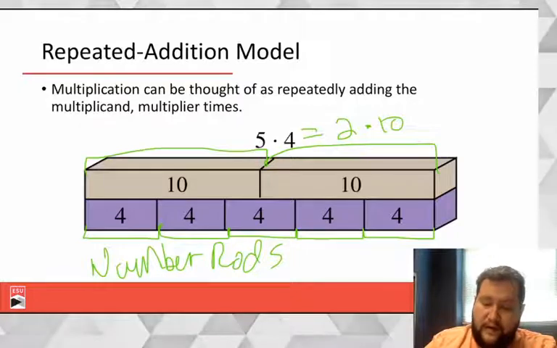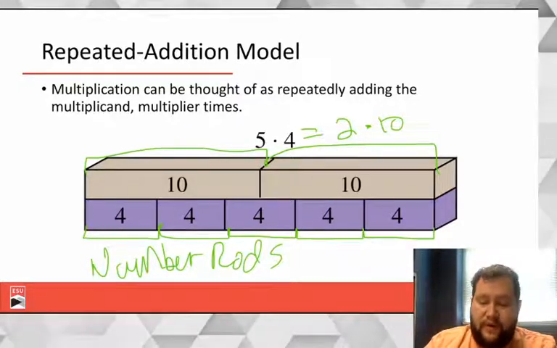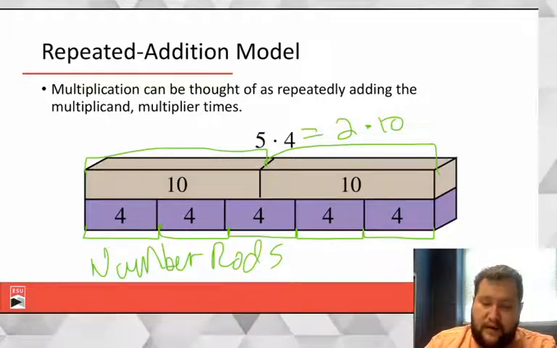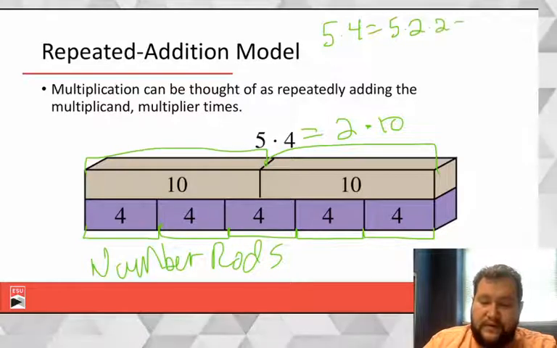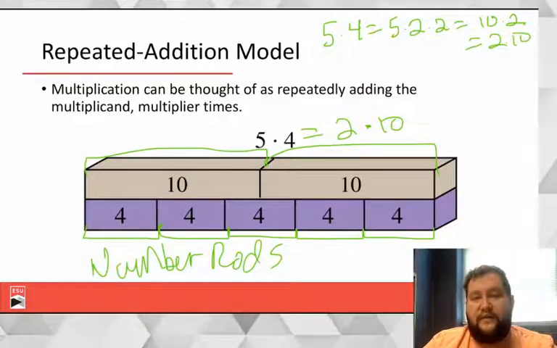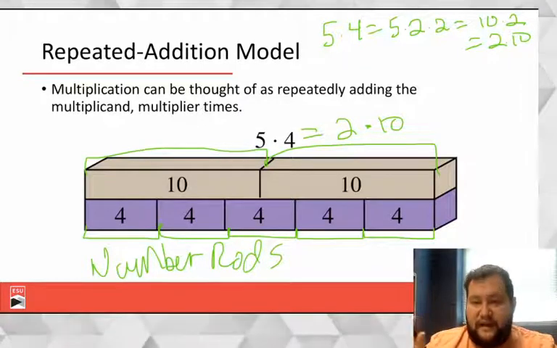Right? And once we're comfortable with composing and decomposing numbers and thinking about factors, which we'll talk about in a number of sections, we have 5 times 4 is the same as 5 times 2 times 2, which is the same as 10 times 2, which is the same as 2 times 10. Right? And so just like we have associativity and commutativity and things like that,